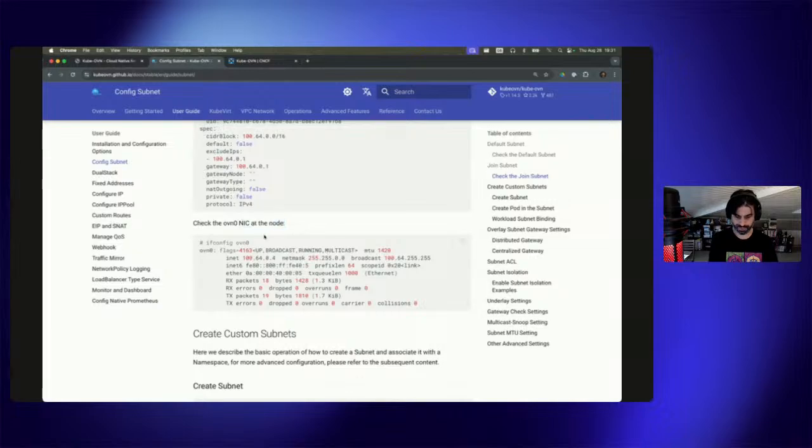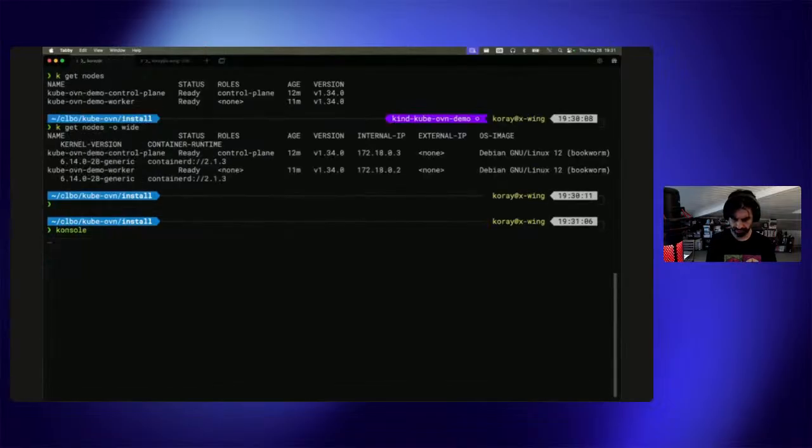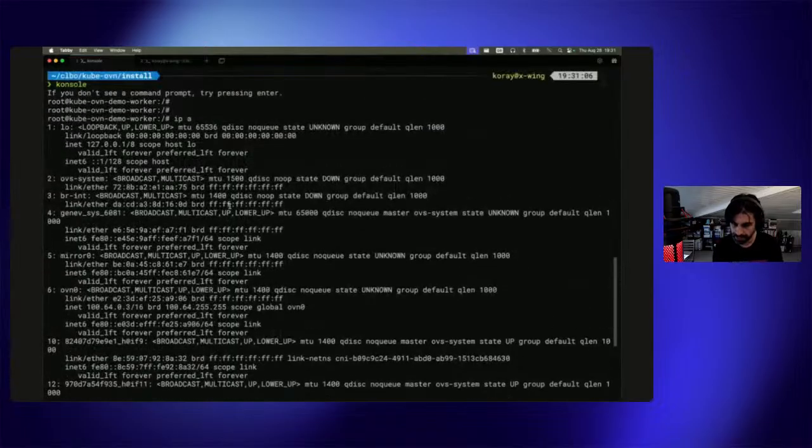OVN at the node. Yeah, we can also do that. Let me go to one of the worker nodes. ip a. Oh, there's a lot. There is this OVS system and ovn0. So as you see, this ovn0, so I'm on the host. Well, it's a Docker container because this is a kind cluster, but yeah, this is the host itself, and it has an interface called ovn0, and it has this IP address. This is the join network,